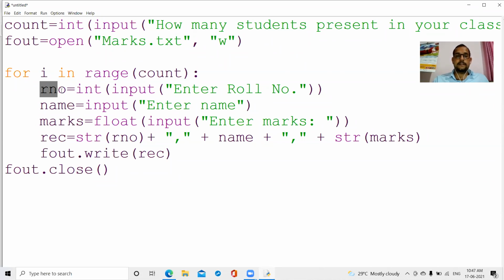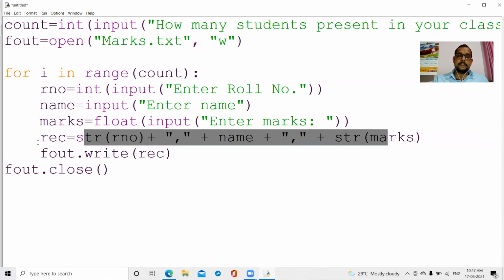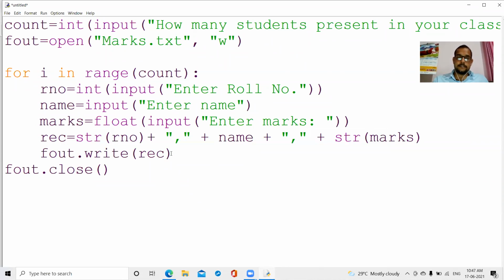RNO is for roll number, then name of the student, then marks of the student. All are concatenated with plus operator, then store in variable REC, and then this record is written by write function, fout dot write record REC, and then at last close your file. Now see this,